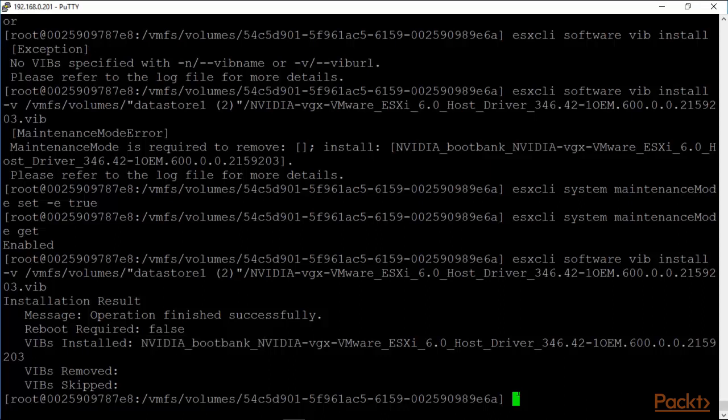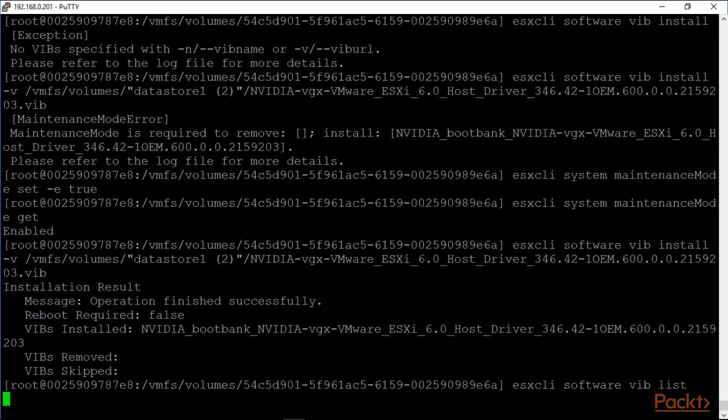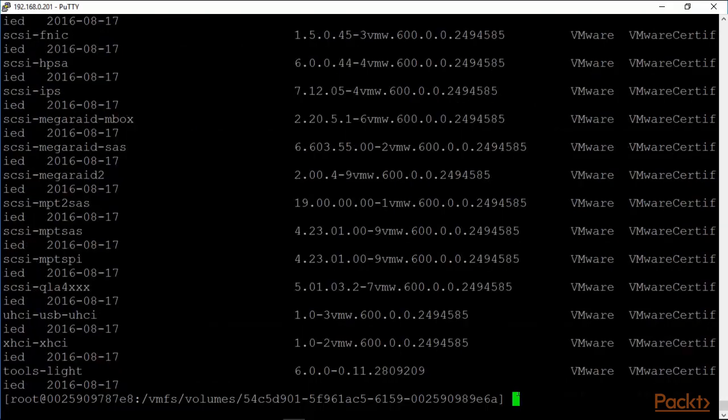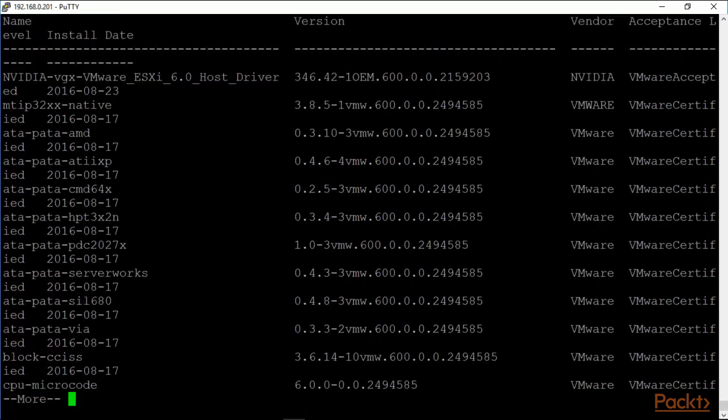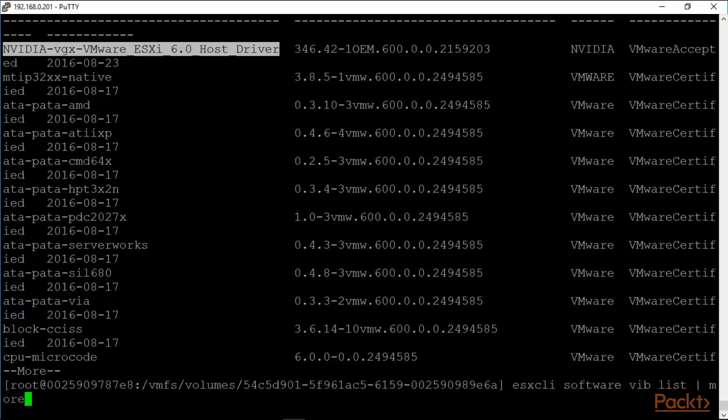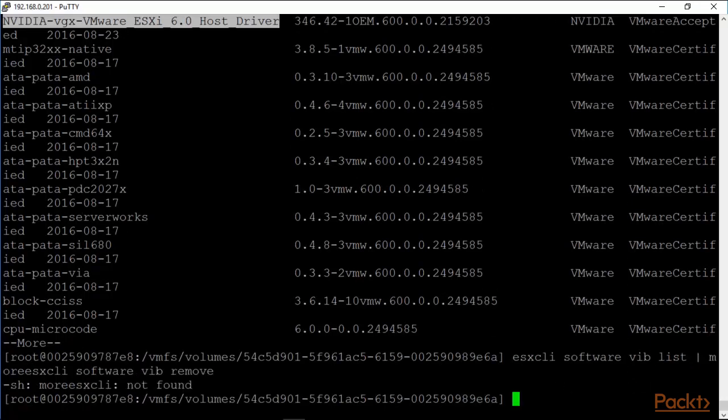We can do an esxcli software vib list, and we should actually do it with a pipe to more. So I retrieve it, and you will see the WIB up here at the top. Now I have selected it for one reason, which is that I want to now show you how to remove it. esxcli software vib